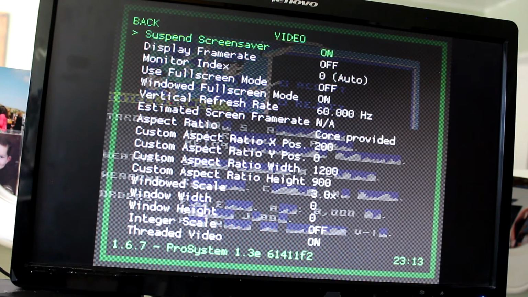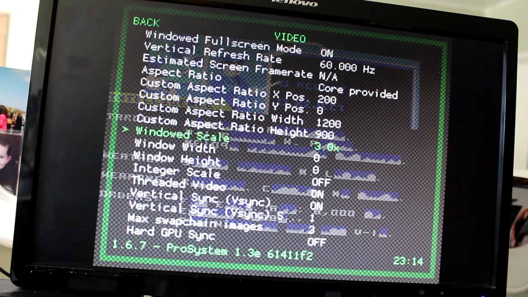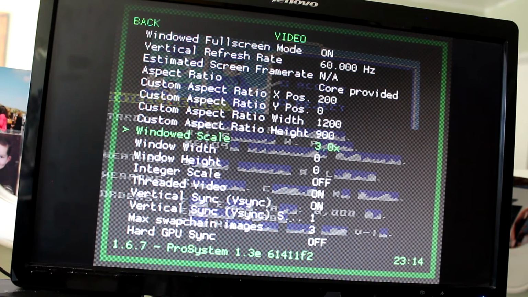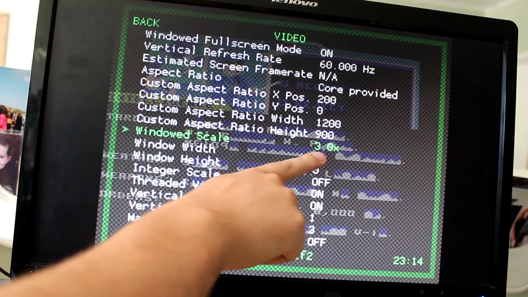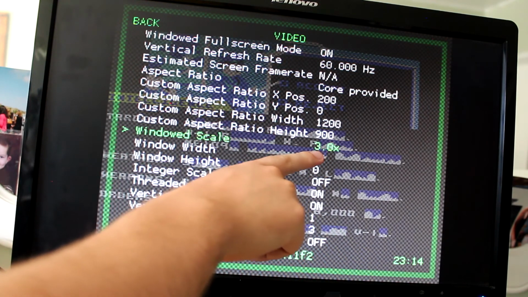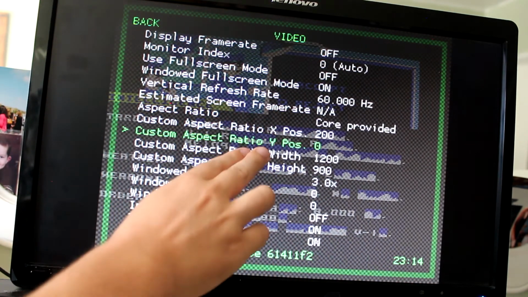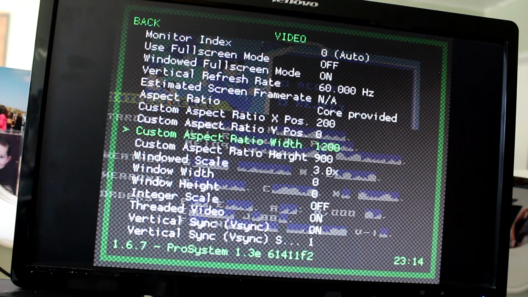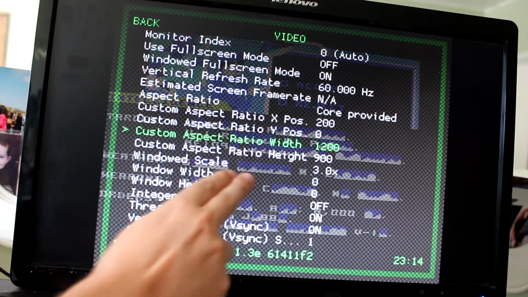Then we have video. Video is an area you will go once in a while, again, to help with performance for particular games. It's not something you would want to change for the whole console most of the time, although here is where you can go to change many of the settings, such as the scale of the window, which can be lowered to increase performance, the aspect ratio, which is controlled in many other places, so you will probably ignore it here, custom aspect ratio,